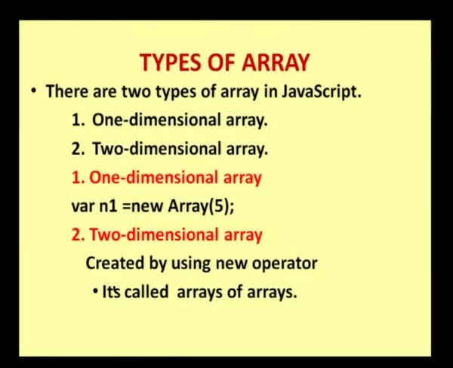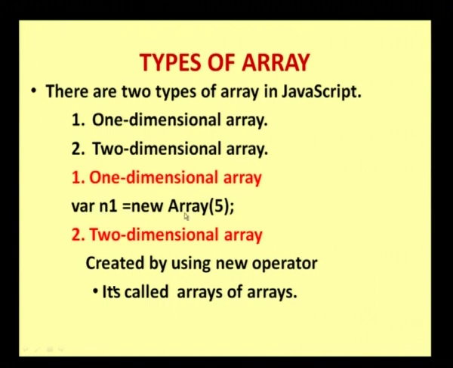Welcome back after the break. Before the break, we were discussing how to get the array at runtime. So let us see what types of arrays are present in JavaScript. As usual, we have one-dimensional arrays and two-dimensional arrays. The one-dimensional array, which we have seen in the last program, is declared like this: